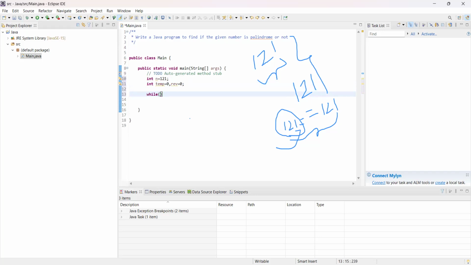When temporary is greater than 0, it should execute the block of code, that is reverse is equal to reverse into 10 plus temporary variable modulus 10. We need to divide them. So here this particular